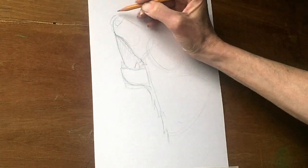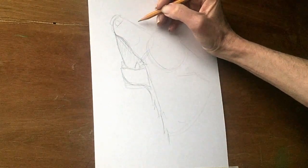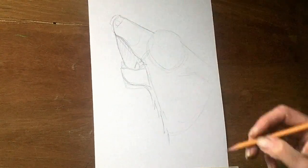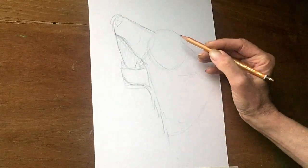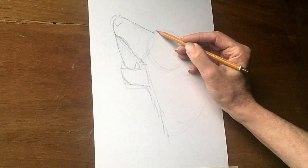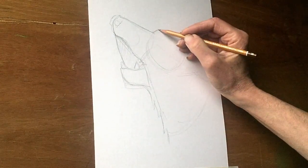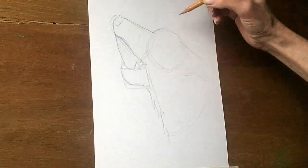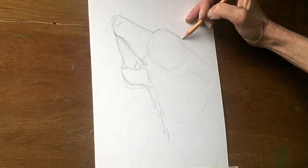And then we can move to the top of the nose. So the top of the nose is more or less a straight line, maybe a slight curve on it, going down to the head. Centre of the forehead will follow this part of the curve of the circle there, and then it kind of flattens out a little bit. So we can flatten that out down towards the ear,